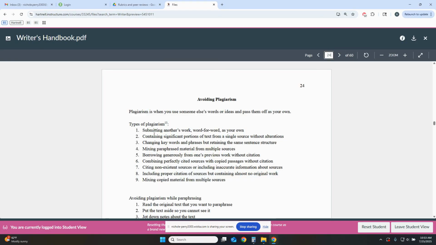So first, this goes over different types of plagiarism. The part that I really wanted to emphasize is changing keywords and phrases but retaining the same sentence structure. That's not something that you can do. You cannot just be like, oh, if I was going to rephrase this of changing keywords and phrases but retaining the same structure, and I changed it to